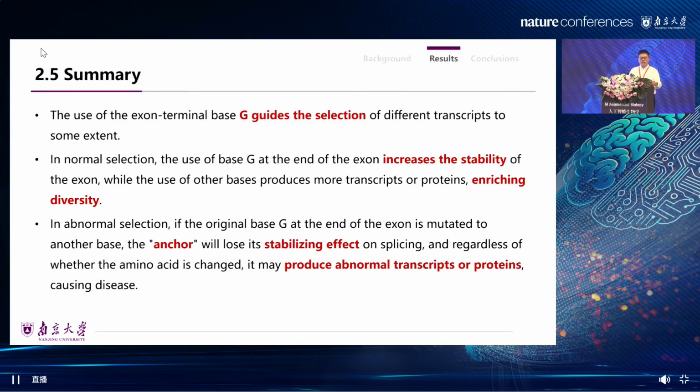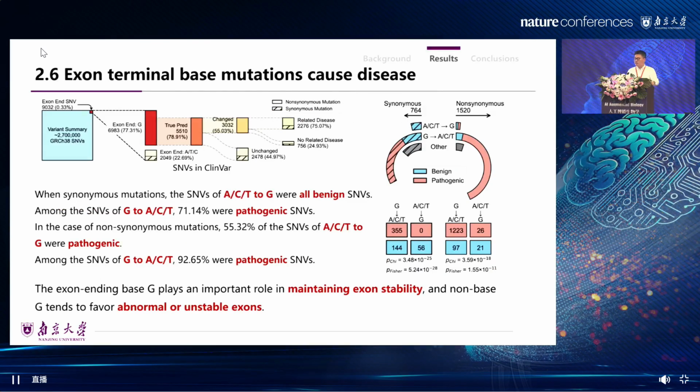In abnormal selections, if the original base G at the end of the exon is mutated to another base, the anchor will lose its stabilizing effect on splicing. And regardless of how the amino acid is changed, it may produce abnormal transcripts or proteins causing disease. To assess this, we analyzed over